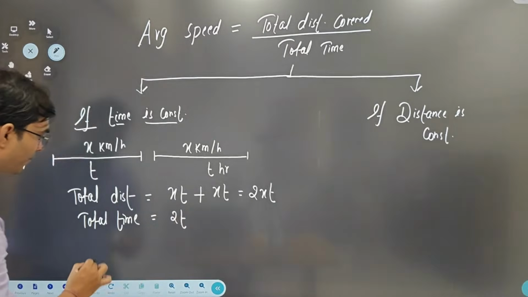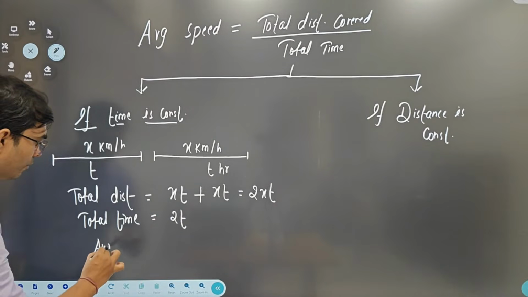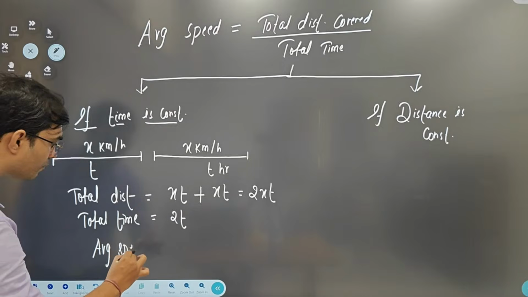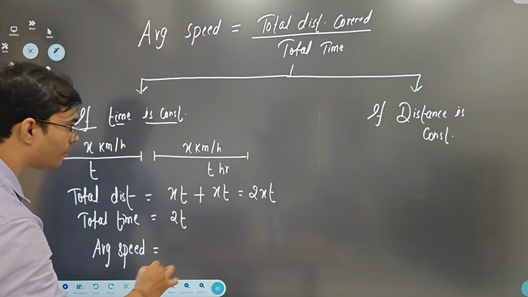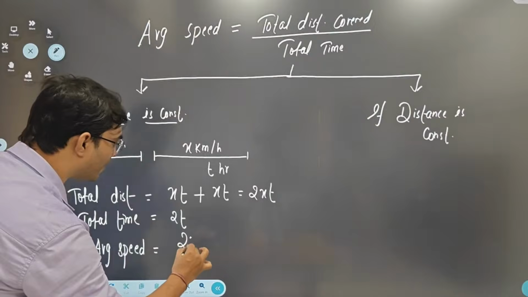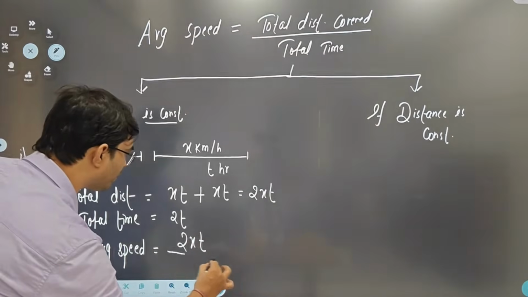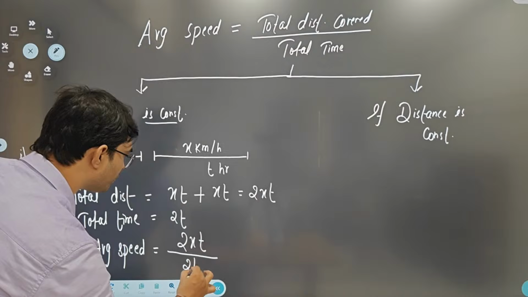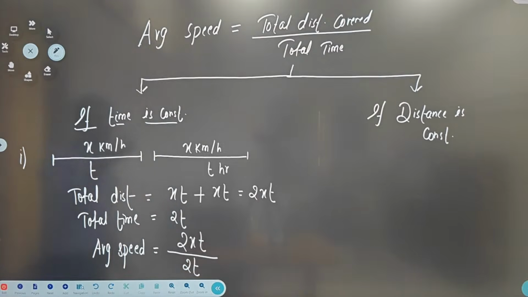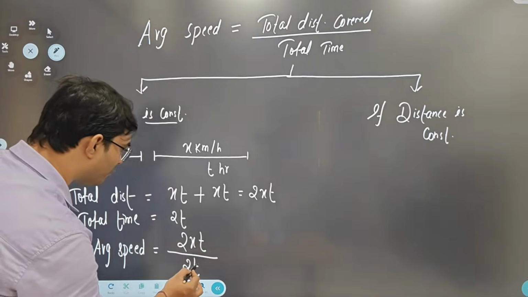So what is the average speed? The average speed will be equal to 2xt divided by 2t. Total distance is 2xt divided by 2t. If we cancel 2t,